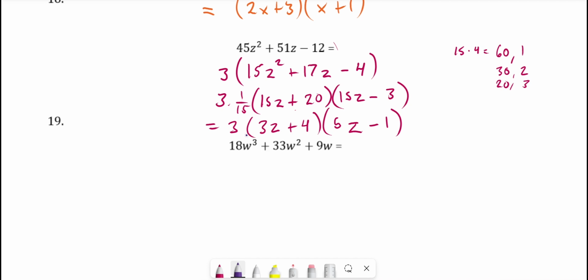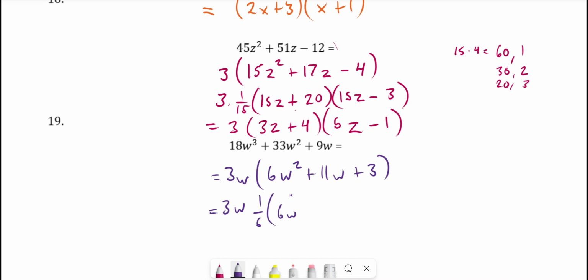I notice a 3 could be pulled out of everything, so let's do that first. In fact, not just a 3, but a 3w. So this would give me 6w squared plus 11w plus 3. Now we want to set up our parens. I will put a 1/6 up front, a 6w here, a 6w here, and then plus and plus should be